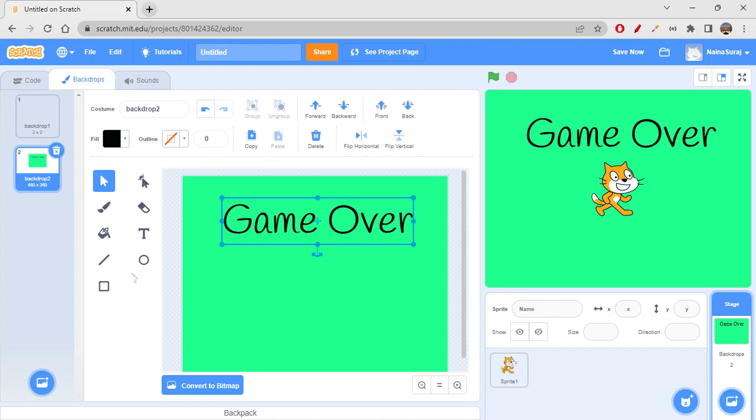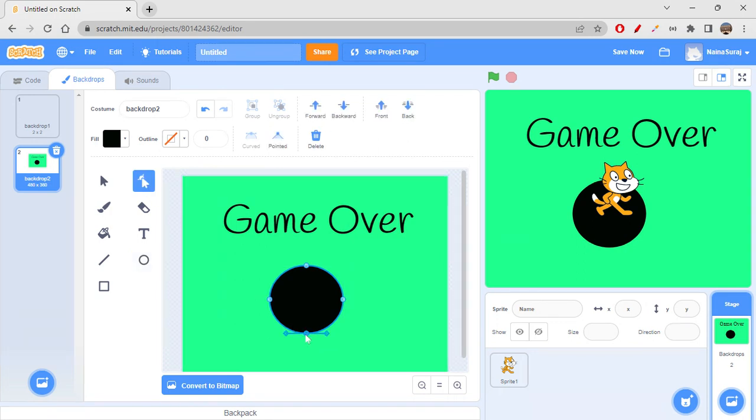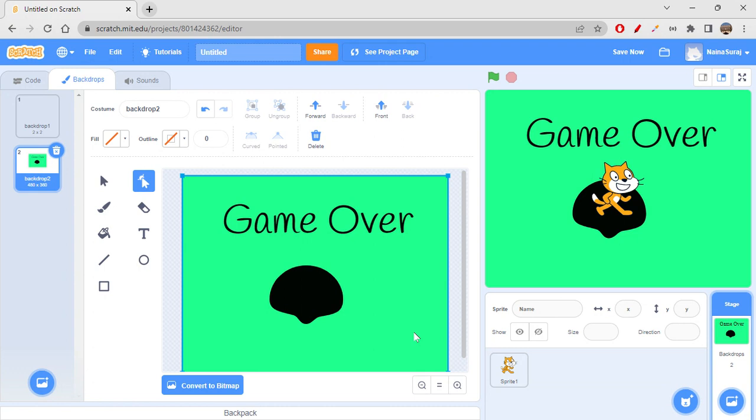Okay, and then let me just draw a circle here. So I'm just drawing a black circle here. Okay. If I want to reshape this, then I can use the reshape tool. Just click over here and then you can move it however you want, right? So just click over here, then take it in. Let's say click over here, take it in. I mean, if you want a different shape, I mean to say, right? So it's not necessarily that you only have to do this or you can only do this. So it all depends on how you want the thing to be.